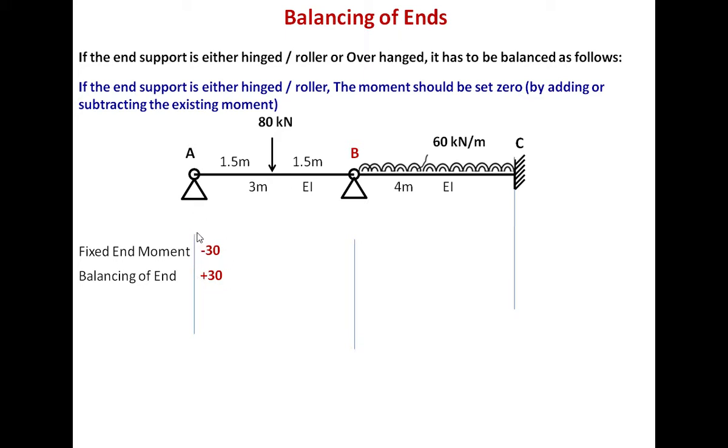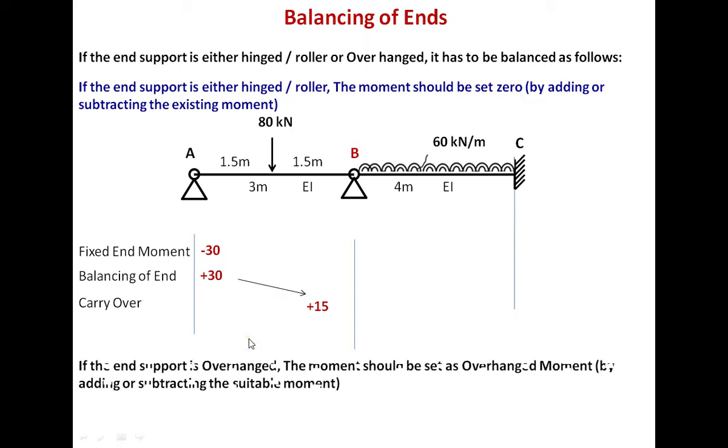If already it is minus 30 by fixed end moment, we have to add from our end plus 30 so that it becomes 0. Okay, and anything in this particular chapter, anything we add from our end, we have to always provide a carryover at the far end. Since we have added plus 30 moment here and far end is continuous, half the moment has to be given as the carryover. In this balancing of end, in detail we will see in the numerical, which is there in the next slide.